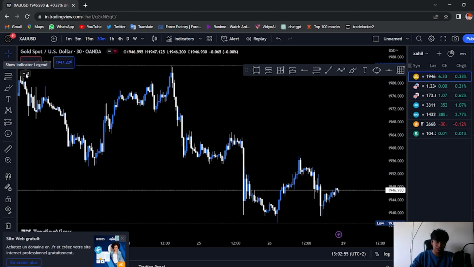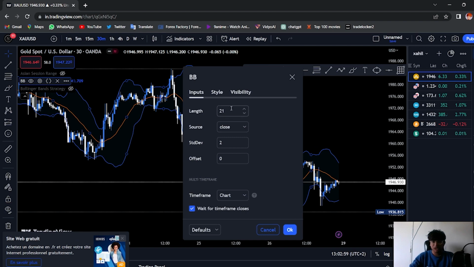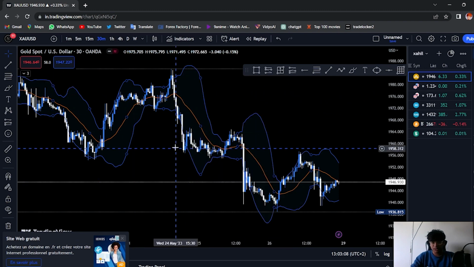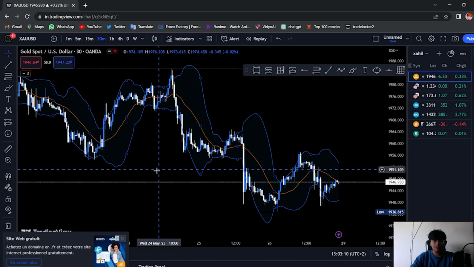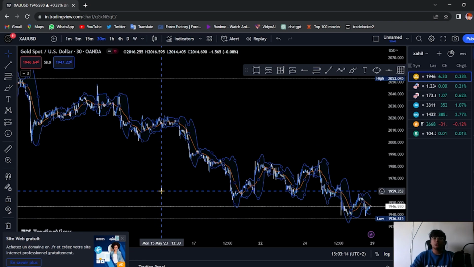was the Bollinger Band. Okay, so first we'll go here, turn it on, and the settings I have are 21 length, and the standard deviation is 2. Some people do use 2.5 for scalping, but for me this is good enough for trading right now. Okay, so there are some certain rules you need to follow